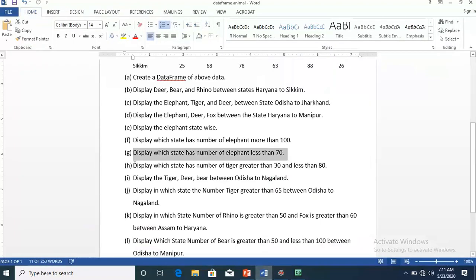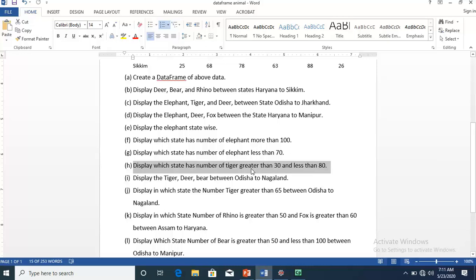Now we come to part H. Display which state has number of tigers greater than 30 and less than 80. Here we have to apply two or more conditions.